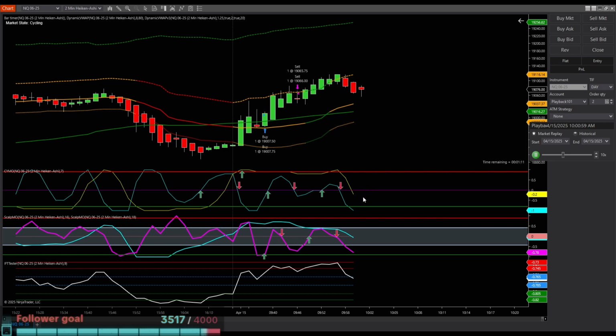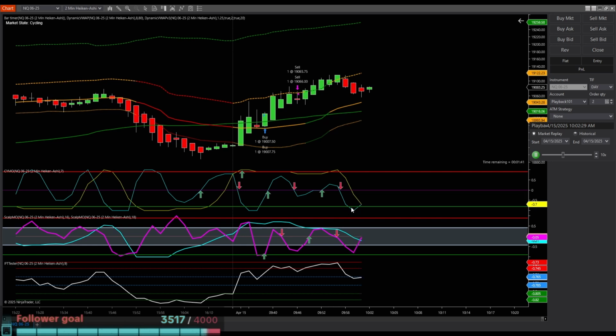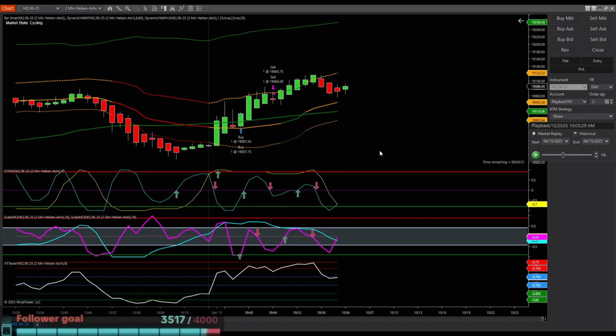Now, keep in mind, guys, if cycle is all the way down here, what's the likelihood of price continuing to fall? If it comes down here and it's already kissing goodbye with momentum, what is the likelihood right here of price continuing down? Remember, what goes down must go where? Exactly, very unlikely,